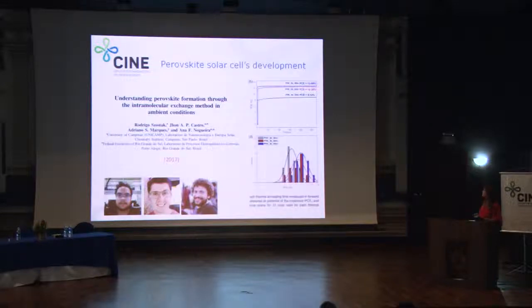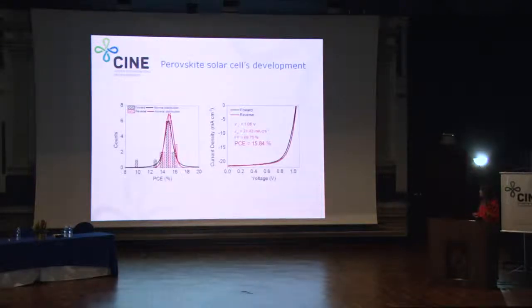This was our publication in 2017, and then the record was about 12.9% efficiency for the perovskite. Although we reached about 13%, there is a wide distribution of the efficiencies. I'm very happy to say that in less than 2 months of work in our lab, we managed to increase the efficiency to almost 16% now. And what is more interesting is that we narrowed this distribution of the efficiency. I promised FAPESP and Shell that by July we're going to reach 18, 19%. I think we are on the way because the new glove box just arrived and was already installed. So I think we are on the way to making very high efficiency perovskite